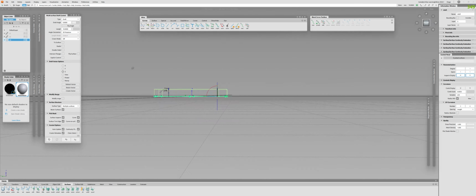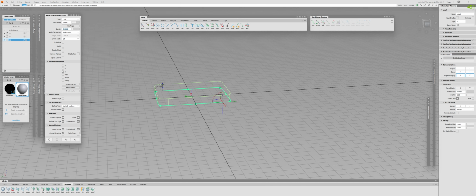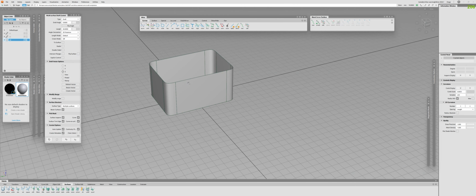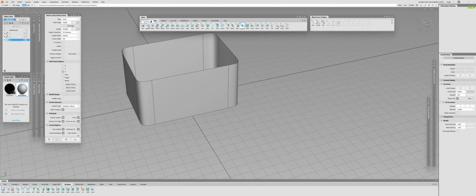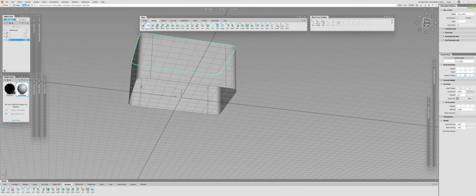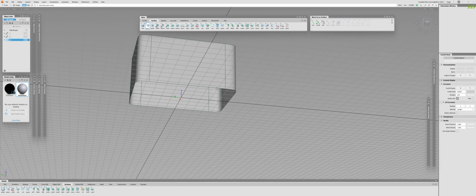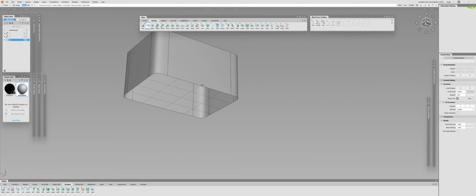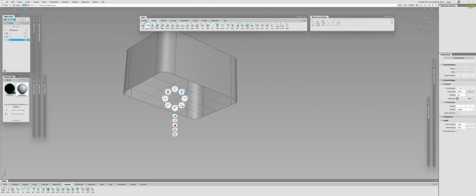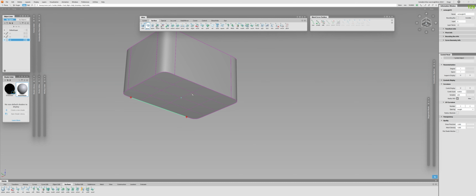I will draft it to the top. Yes, let's say 50 will do, and I will quickly create the caps for the top and the bottom. Like this. Let me just hide the grid. Right, so there is our box,